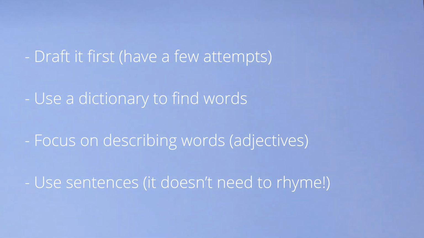The poem has the name of your animal in it and it should also describe that animal. So think about those kind of words, describing words. You can also write in sentences, and that's what I decided to do. So I've made my poem into sentences using the letters of butterfly to spell it out. I hope you enjoy it.